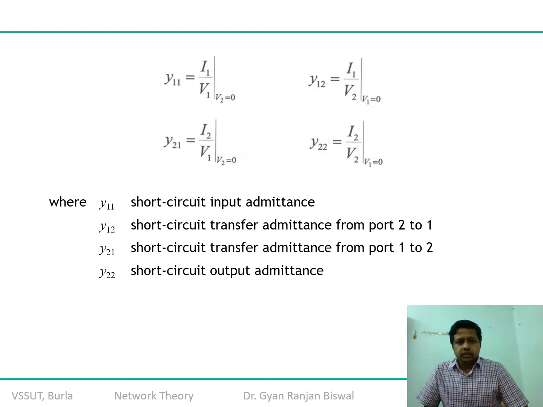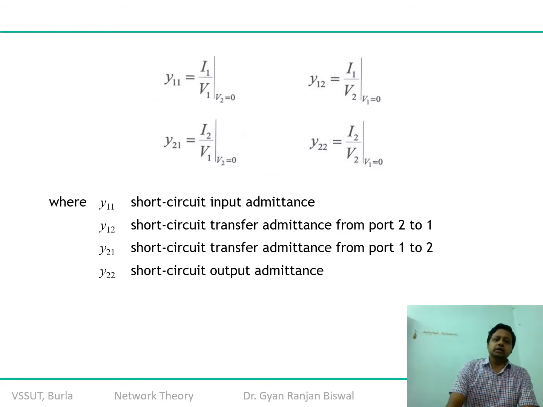As you can notice in this slide, what we discussed in the previous slides is that all the admittance parameters can be calculated only if we short one of the input or output terminals. That means by assuming either the input terminal voltage V1 is equal to 0, or V2 is equal to 0. That's why all of them are recognized as short circuit parameters, and overall this matrix is also recognized as the short circuit admittance parameters.